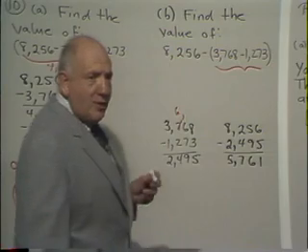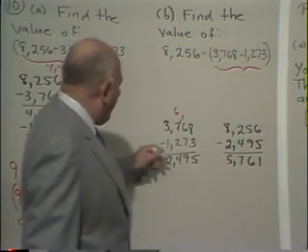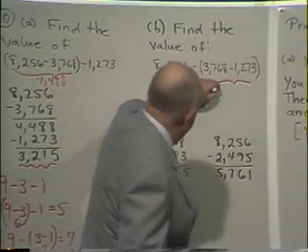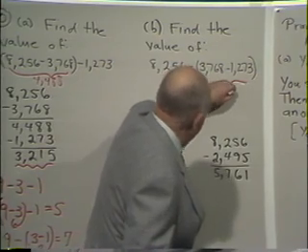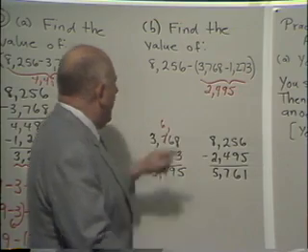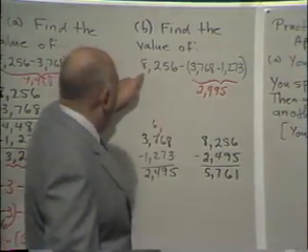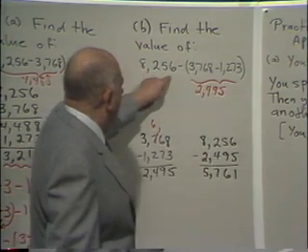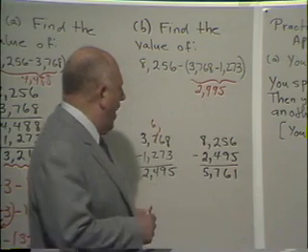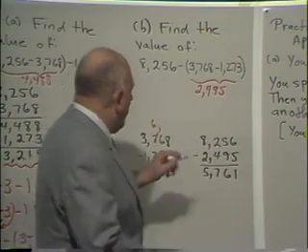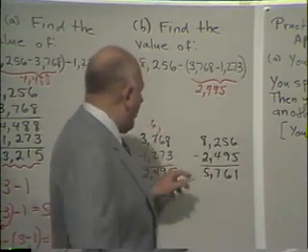Anyway, getting back to our immediate problem, all that part shows me is that the part inside the parentheses is 2,495. Now what does the problem say? The problem really says find the value of 8,256 minus 2,495. So now I take the 8,256 and subtract